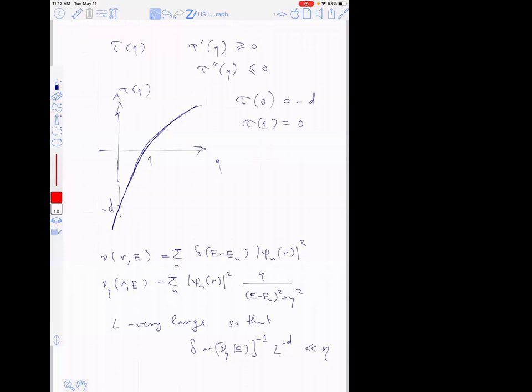So there are many states that contribute to this local density of states, and I assume that they are somewhat statistically similar, and I can pull this psi squared out of the sum. And then the sum reduces to the global density of states. And so the hand-wavy argument leads me to say that the local density of states in a smeared system is sort of like the wave function amplitude times the global density of states. So that's the main relation that allows me to do that.